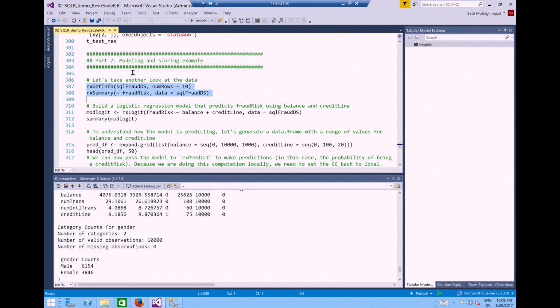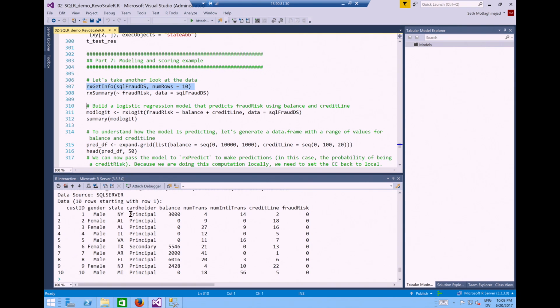Okay, so we're going to take a look at just an example of using our services. Just to remind you, this is our data. We have a data set with some information. It's information about basically fraudulent transactions. You can see a customer ID in the first column, some demographic information about how much money they have on their accounts, the number of transactions, the number of international transactions, and I guess some kind of measure of how much debt they have. And finally, the last one, going back to the last talk we had, would be our target, fraud risk.